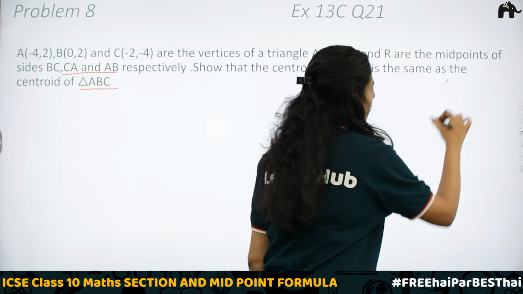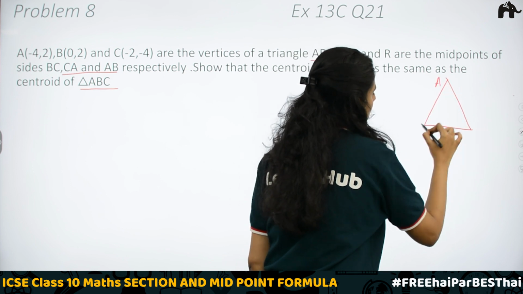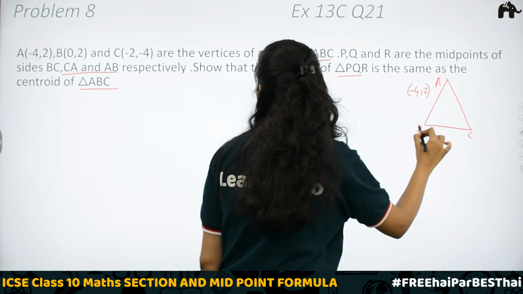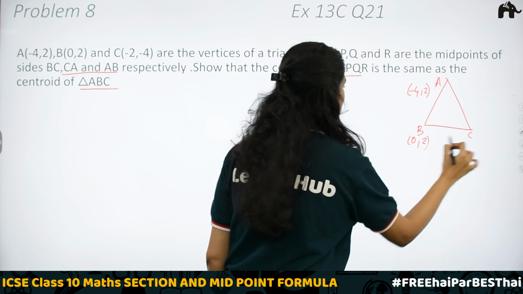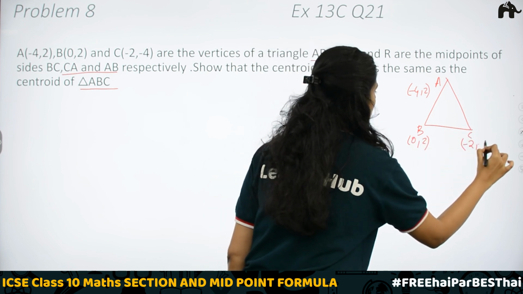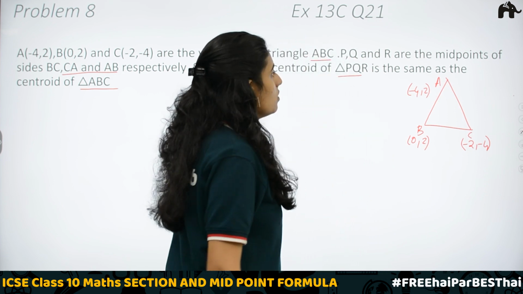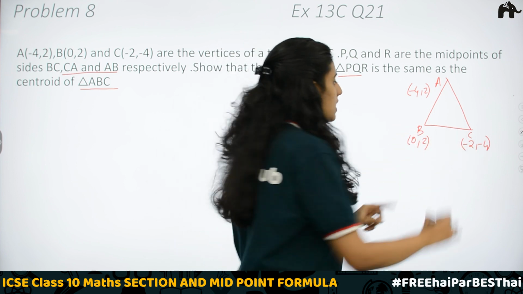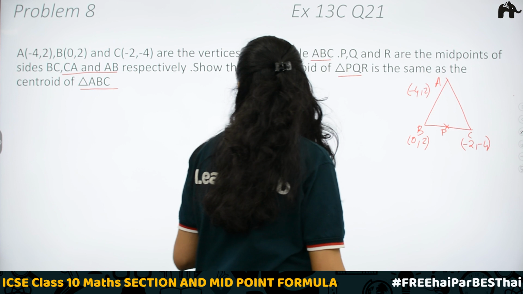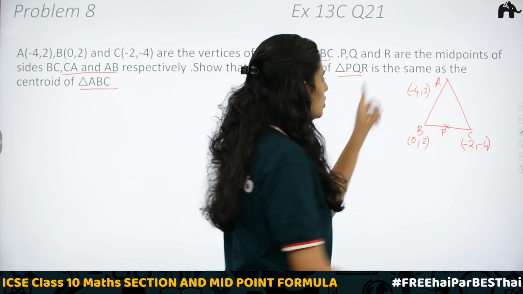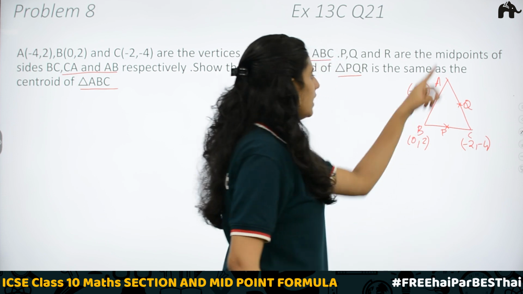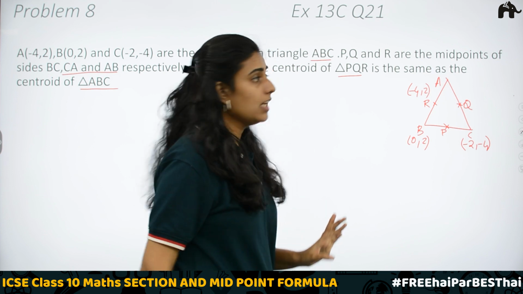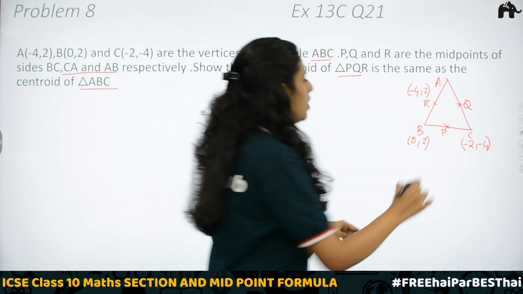Consider a triangle ABC. Coordinates of A are minus 4, 2, of B 0, 2 and C minus 2, minus 4. Now, P, Q, R are the midpoints. Midpoint of BC is P. Midpoint of CA is Q. And that of AB is R. These are the midpoints. We have to show that the centroid of triangle PQR